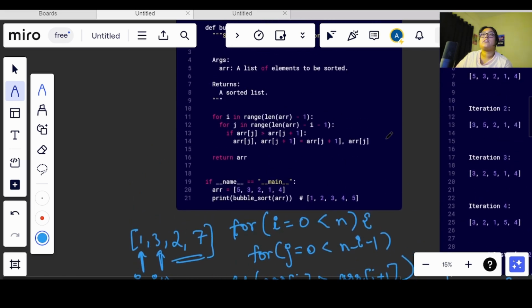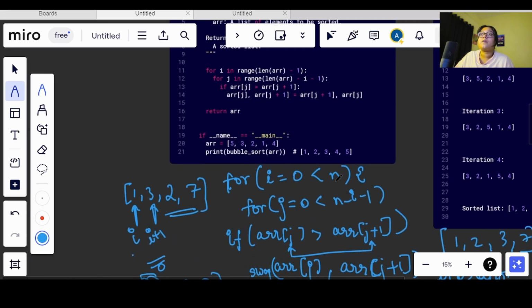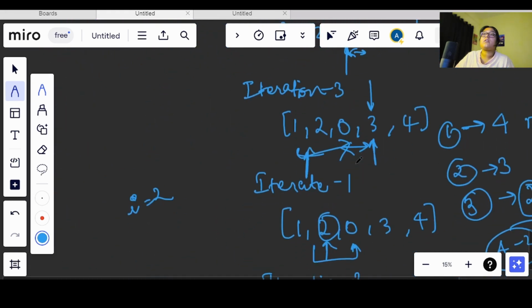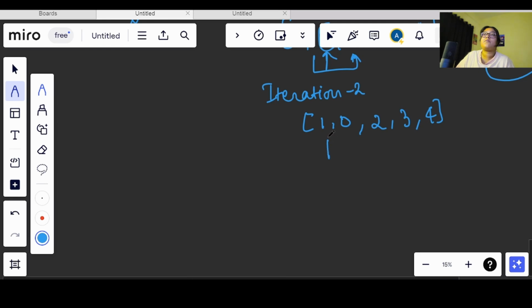Okay, so let's see here. Yeah, I will also iterate till less than n minus 1. Why? Because once we have reached here, we need to compare these both, and only one more iteration is left, meaning I is equal to 3. We don't need to compare for I is equal to 4, right? If these both are compared, 0 will come to the first and 1 will go after that, and we are getting a properly sorted array, so we don't need to compare it again to sort it.